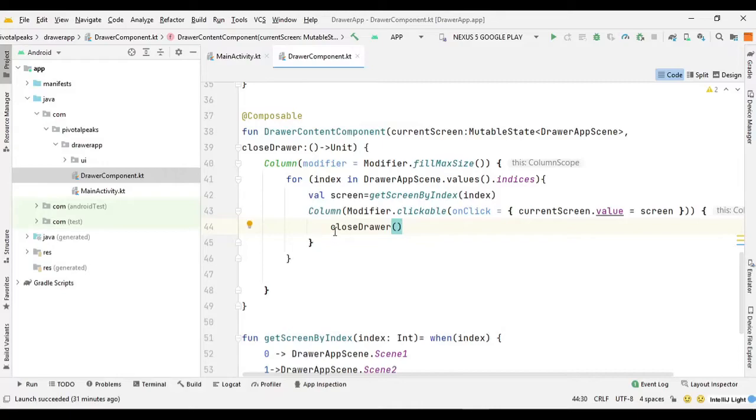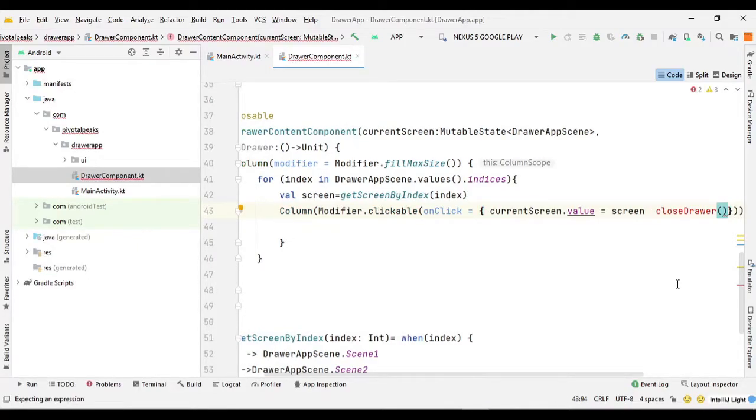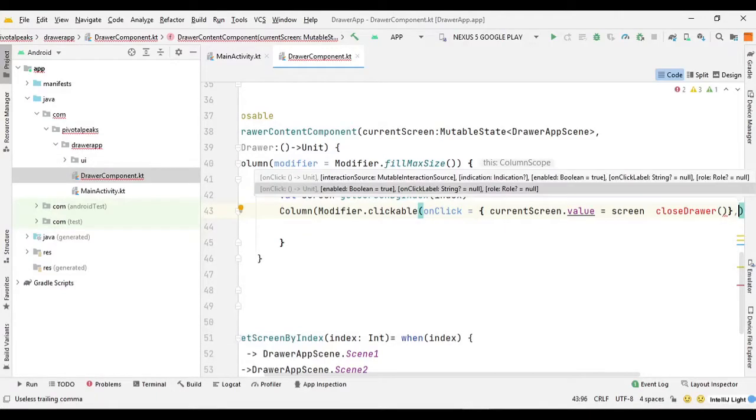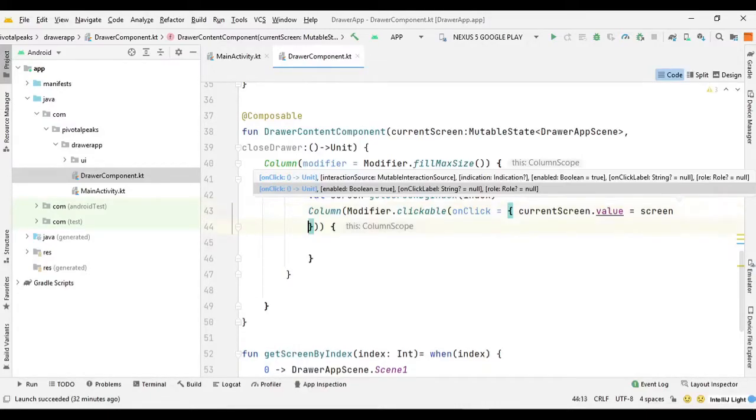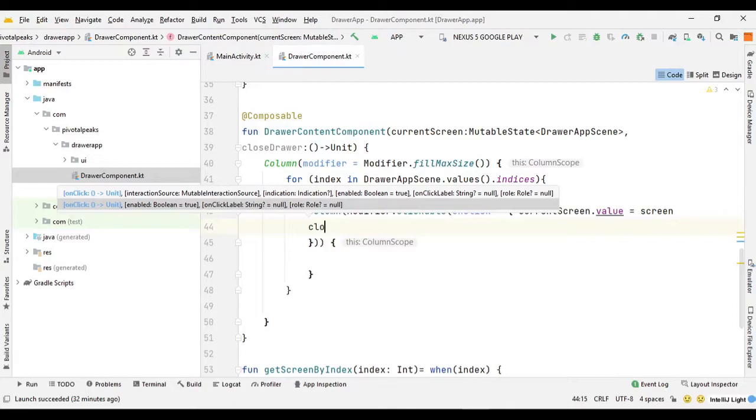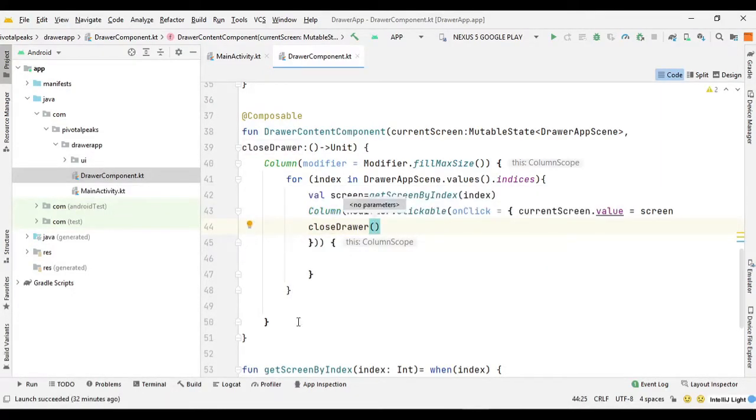No, we need to pass this close drawer right after setting the screen. So we will set it here. Seems like something is wrong. So we will just pass the close drawer here after the screen. So let's say close drawer,